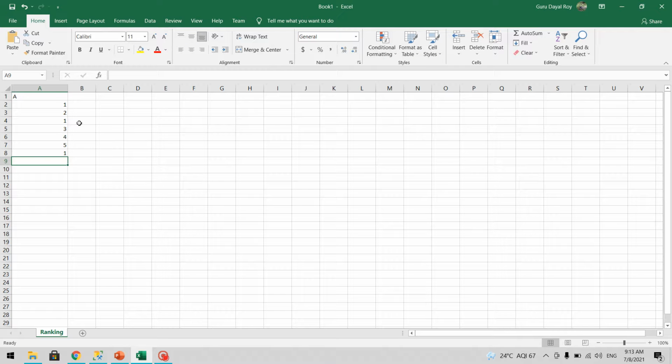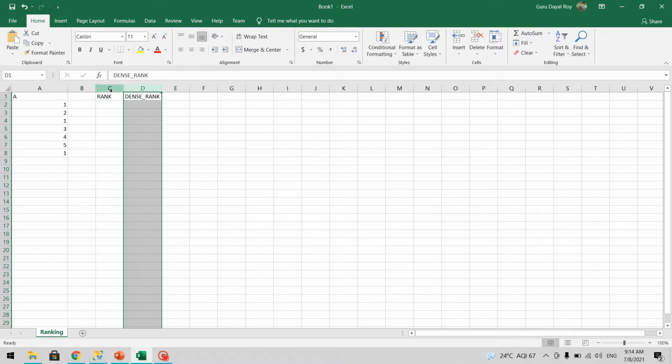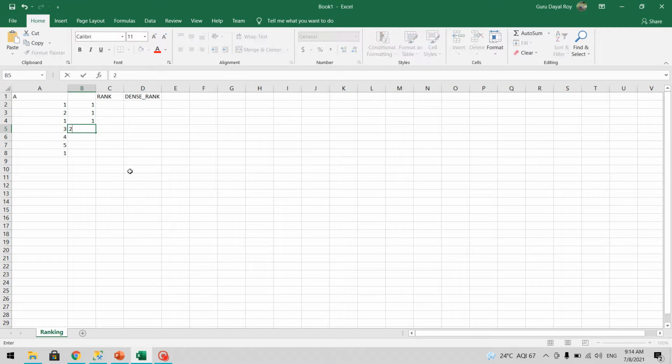When I rank my data, what will be the output, and what will be the output of DENSE_RANK? To order this, it will be like 1 1 1, because we have 1 first, and then it will take 2, then 3, 4, and then 5.